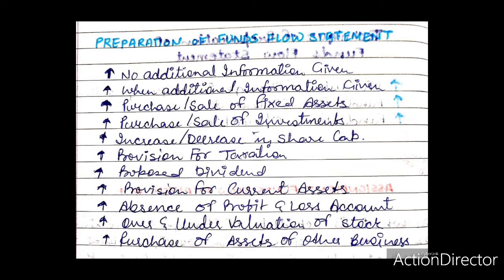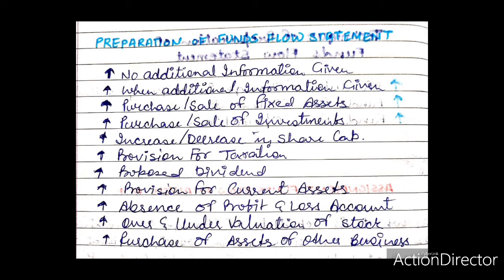Proposed dividend. Proposed dividend, which includes interim dividend prior to the approval of the annual financial statements in the annual general meeting, represents only an appropriation of profits. When it is approved by the shareholders in the AGM, it becomes a current liability for the company. Hence, according to the circumstances in each case, proposed dividend can be treated either as a current liability or as an appropriation of profit. As a current liability, proposed dividend will be shown in the statement of changes in working capital along with other current liabilities.